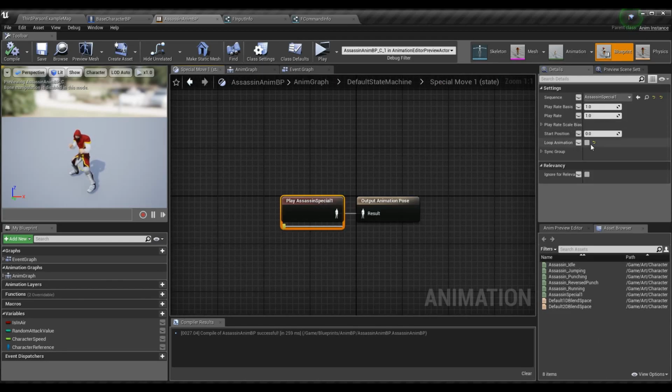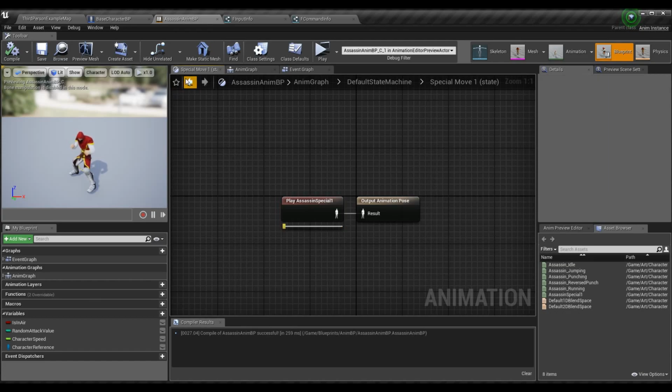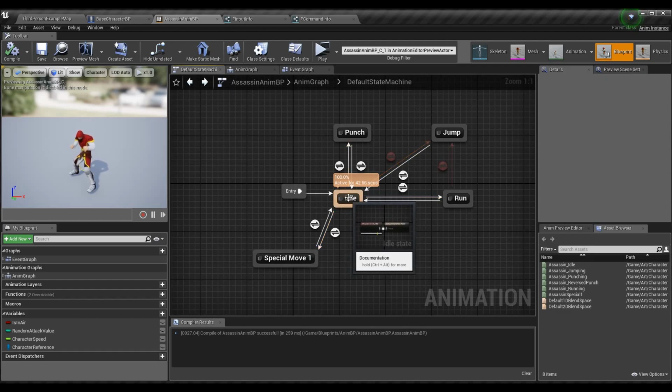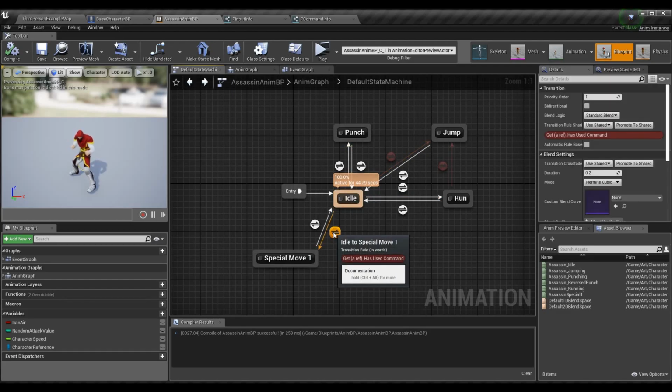Alright. I made sure it doesn't loop because we want to set the variable to false after we've used it, to say we are no longer using the command. So it does not loop, and then I can get there from idle and idle alone. So idle to special move 1,